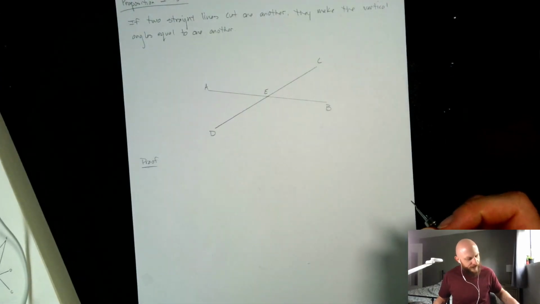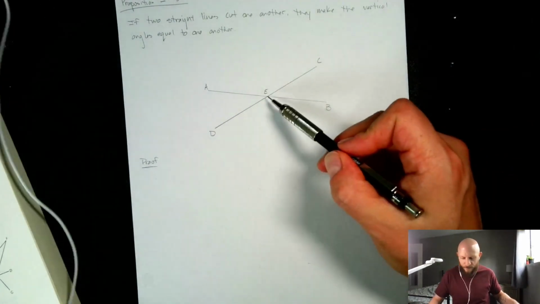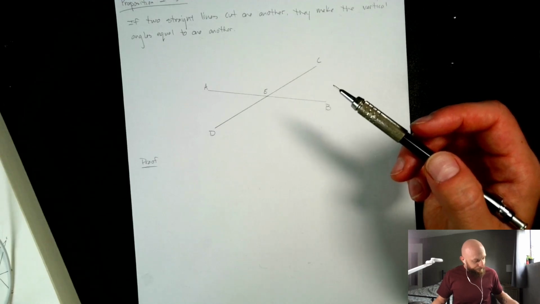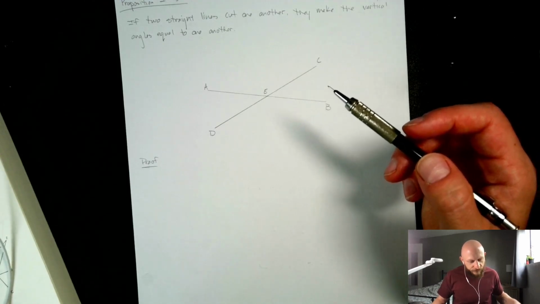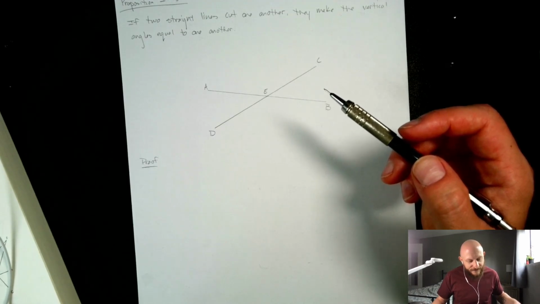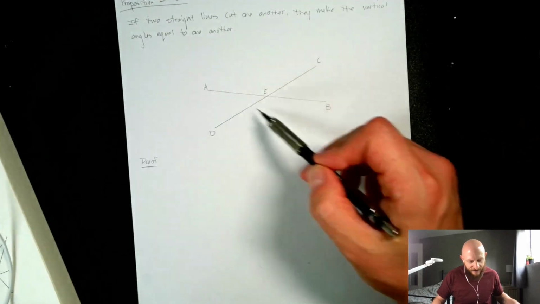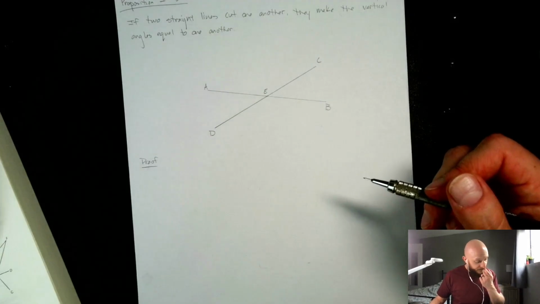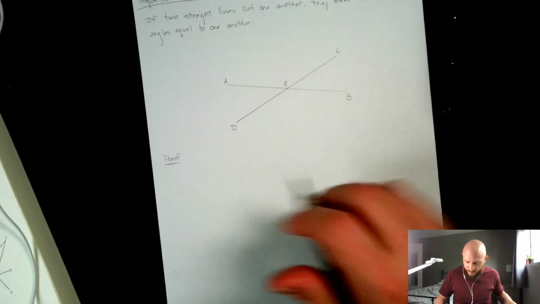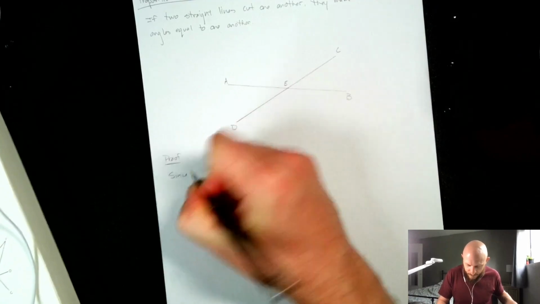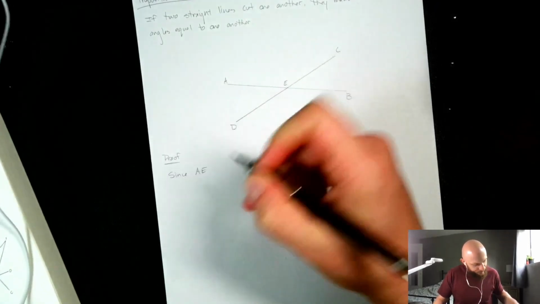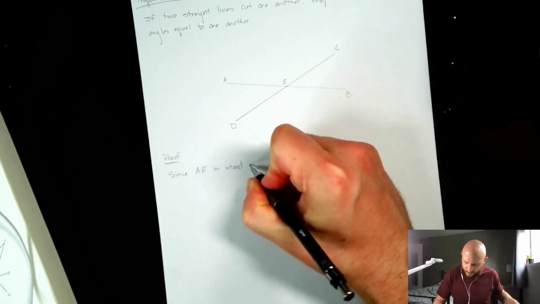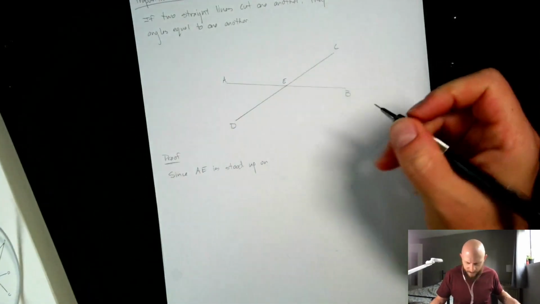Okie dokie. So we let A, B, C, D be straight lines that cut each other at the point E. All right. So I believe what we will first prove is that angle CEA is equal to angle BED. So the top and bottom angles are equal to each other. So why is that true? Well, since AE is stood up on line CD,